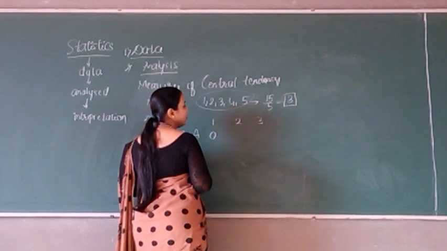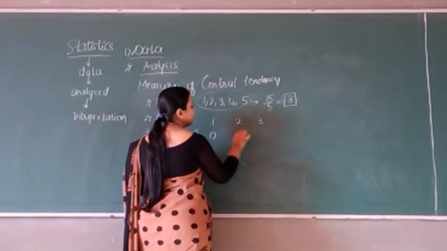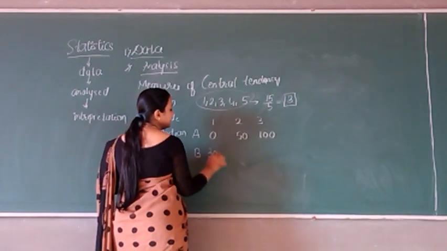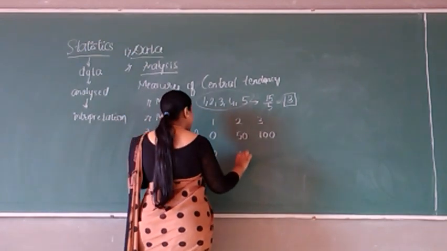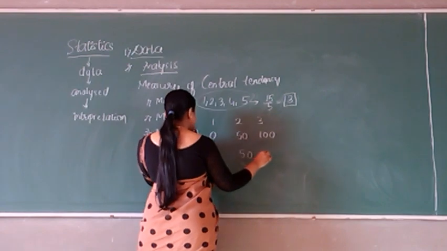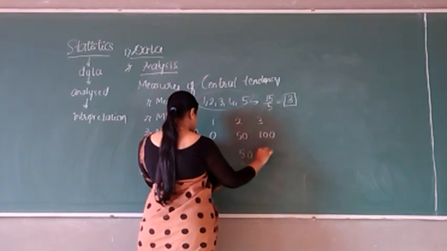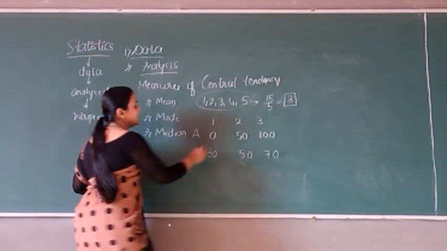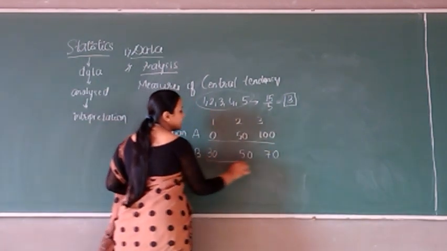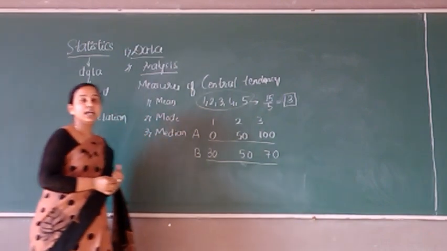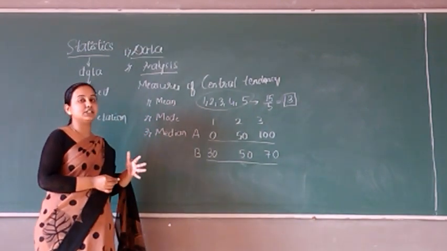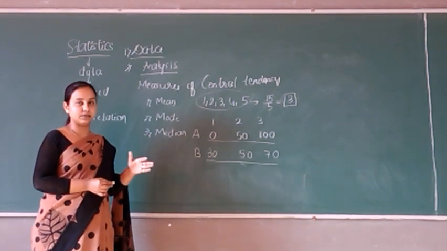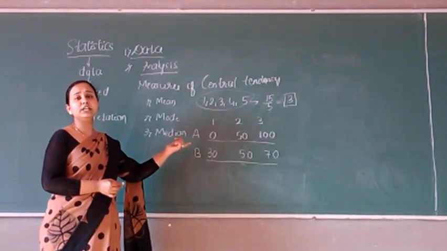He has scored 0 runs in the first match, next 50 and here 100. Now let us assume here it is 30, next here it is 50 and finally it is 70. Okay, so now what are these? These are the runs of batsman A and these are the runs of batsman B. Okay, so everybody says on an average. Generally what we will say, on an average this is there. So let us conclude this. Okay, so here also let us find